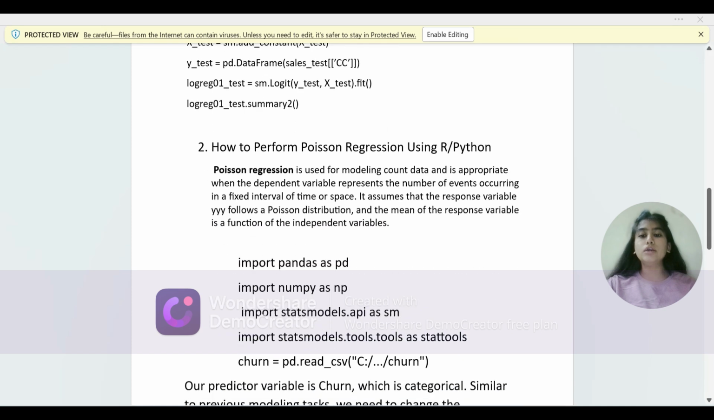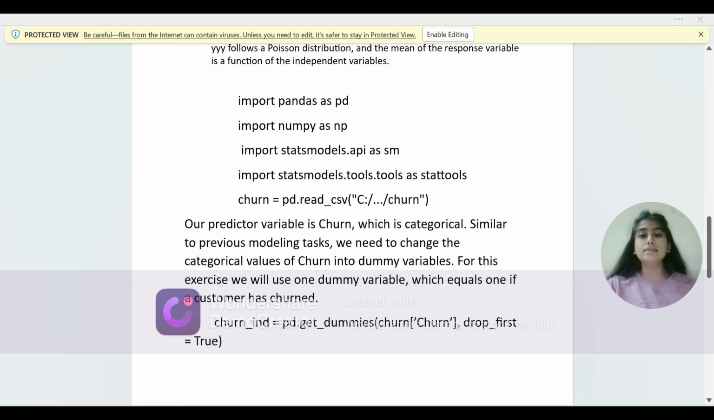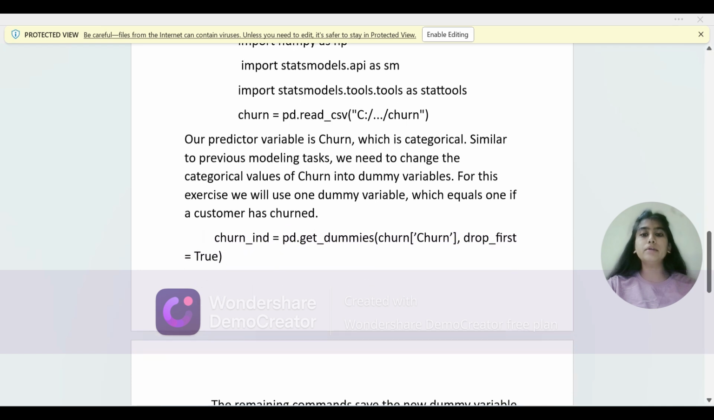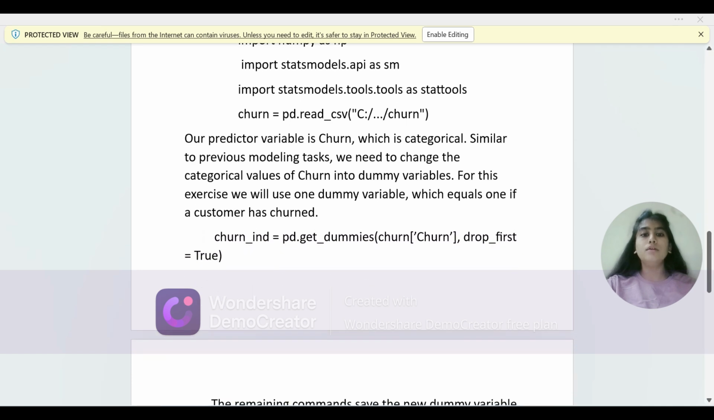So, we will use the code to import pandas as pd and import numpy as np. Then we will also use import statsmodels.api as sm. Import statsmodels.tools as stattools. Now our predictor variable is churn, which is a